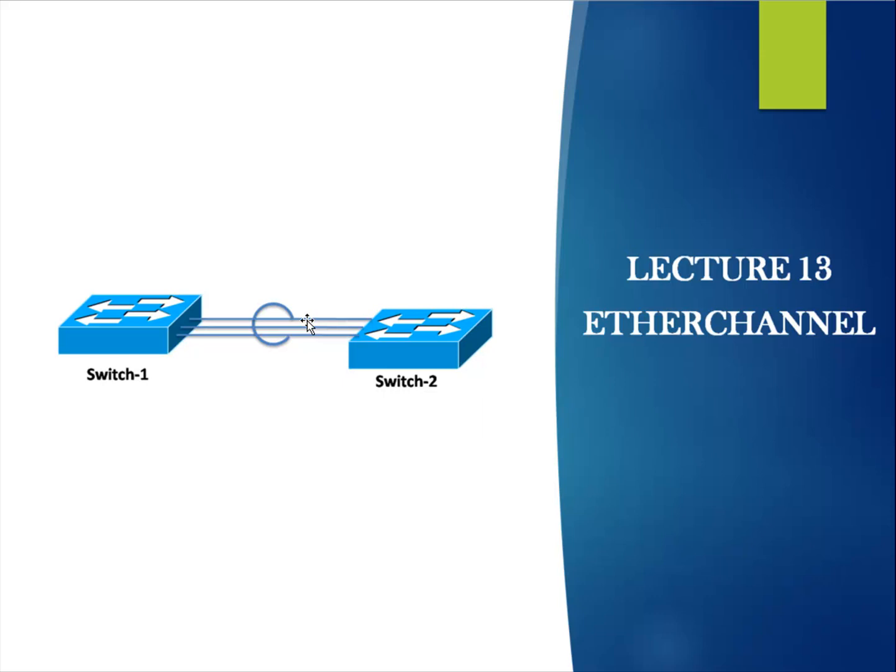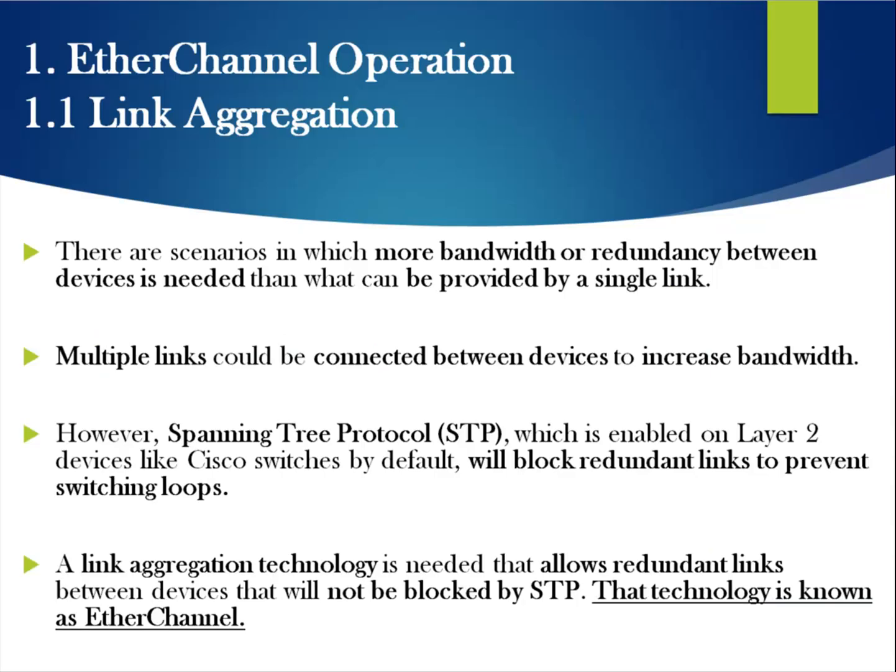And one more very important point, we can implement it in layer 3 also. That means between the routers also we can implement this concept, and also between layer 3 switches. So Ether channel can be implemented in layer 2, which means between the switches, and in layer 3, between the routers and between layer 3 switches. So we can use it in any layer, layer 2 and layer 3. Now, let me start with the Ether channel.